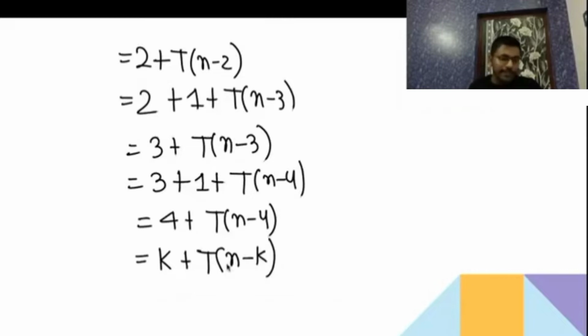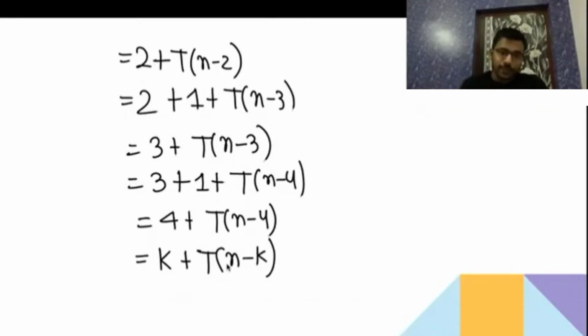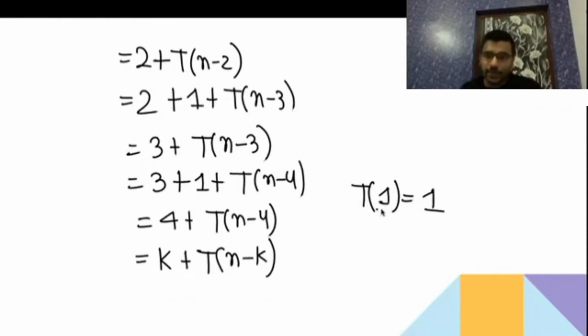If you are done with the writing, then please let me know. So this is a recursive equation. We should know how to solve the recursive equation, because in a function we need to solve it. Now your base condition is when n is 1. When n is 1, you are taking constant time. So in place of this, you have to substitute something as k such that it becomes 1. So you have to substitute something here so that n minus k equals 1.